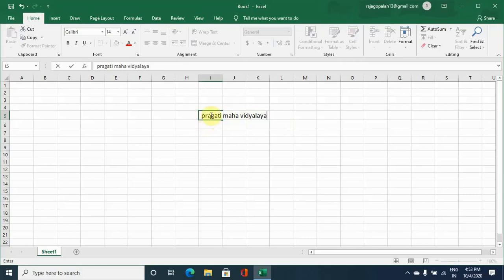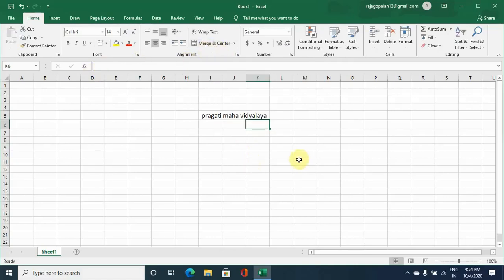The address of the cell we have selected is I5. What we have typed here is bigger than the size of the cell. It is occupying 3 cells. We usually have such cases with regard to the heading of the table data. Now when we have matter bigger than the cells, the option we have here is